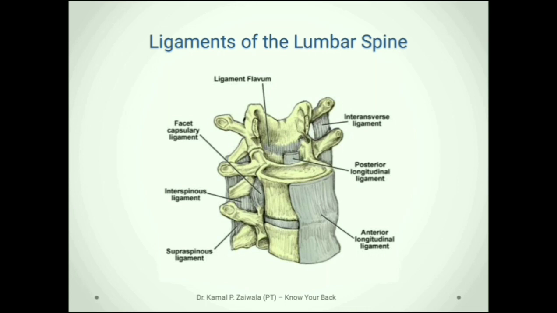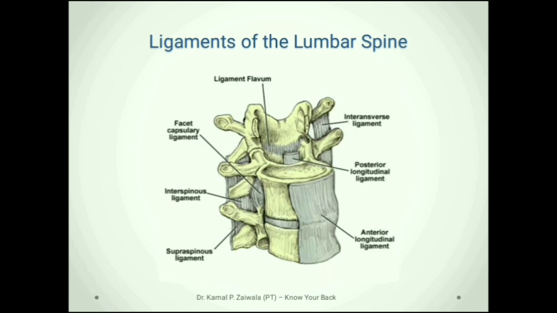Then comes the spinal canal in between, and then comes the vertebral arch. Between the two vertebral arches, there is the ligamentum flavum, and as we go more laterally, there is the intertransverse ligament between the two transverse processes. As we go a little bit more posterior, there are the spinous processes. The ligaments joining the two spinous processes are the interspinous ligaments and the supraspinous ligament.